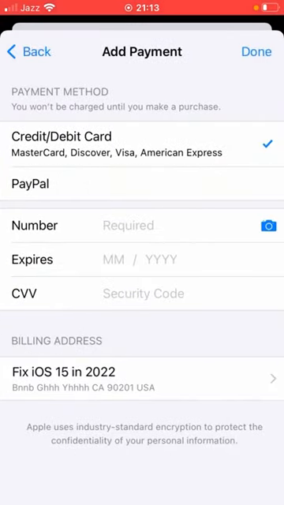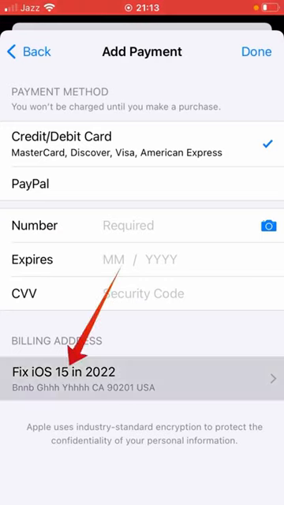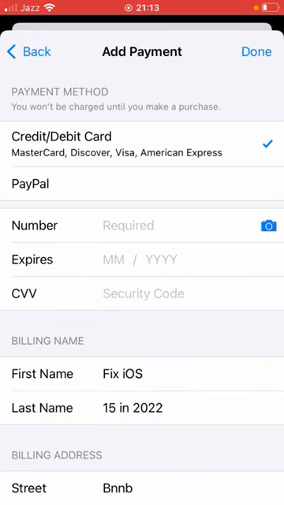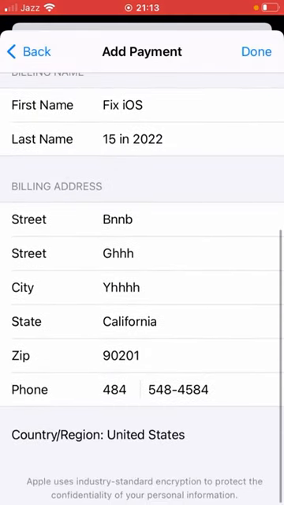And here what you have to do is just update your payment method and make sure that you have entered the correct information about your payment method, especially CVV number and expiry dates, and then tap here on your billing address. And here you have to also make sure that you have entered the correct information about your billing information, especially your zip code, and then go back